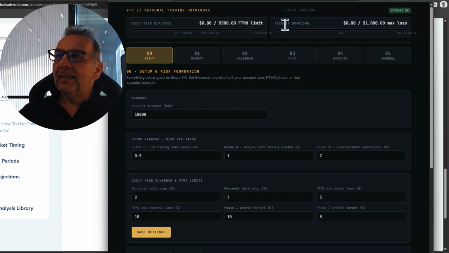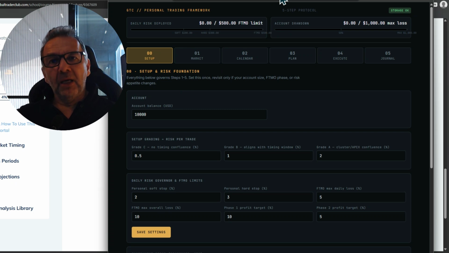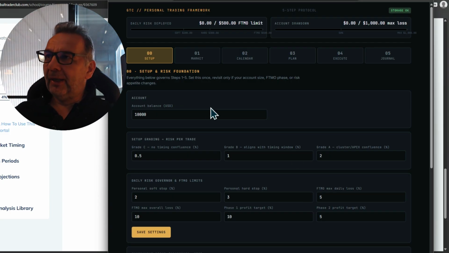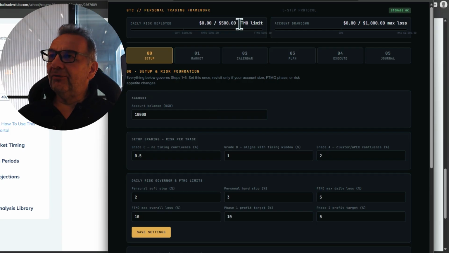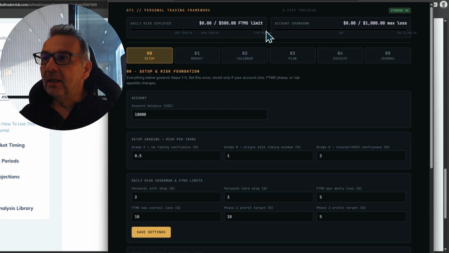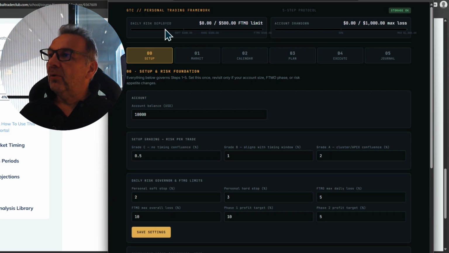Now it's HTML in a zip folder. You need to download it. Even if you're offline, on the internet, off the internet, it doesn't matter. It will plan it out for you. I've done this according to an FTMO limit, right? Why? Because the prop firms have really strict risk criteria, so I don't mind using that. So I did it according to the FTMO limits.